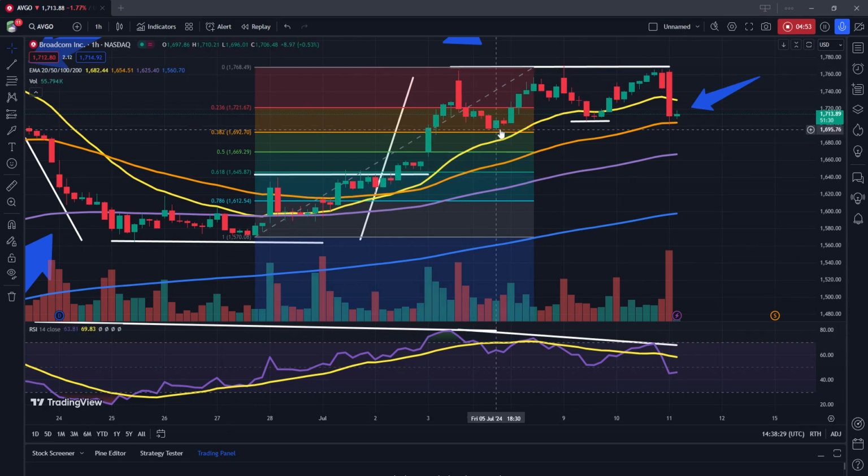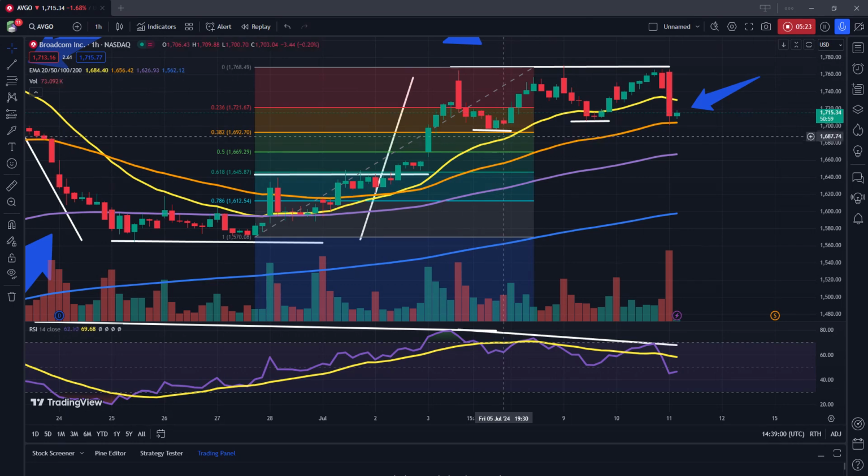We really didn't see this area hold for very long, but we did see a bounce here off of the 38.2% Fibonacci retracement just below 1700. This would have come in at 1692.70. So we can see the bounce here. And this is a significant bounce because it did allow us to retest the prior highs here, which were found at 1765. So, this is an important level to watch on the downside,